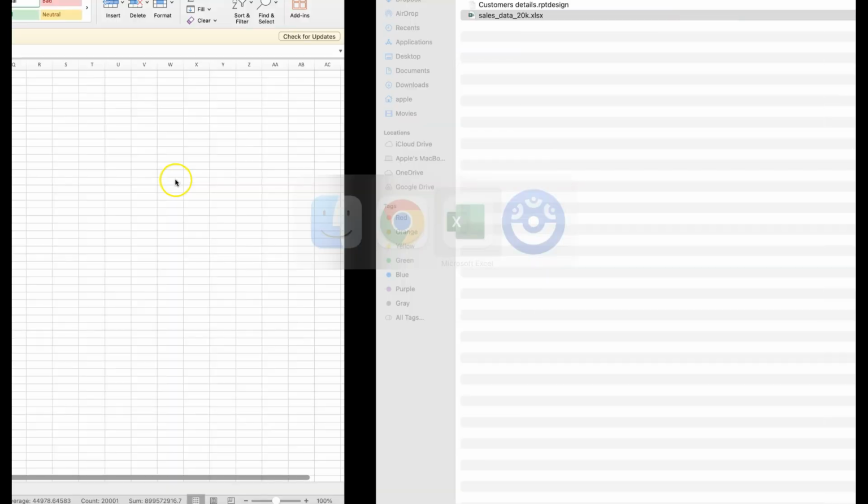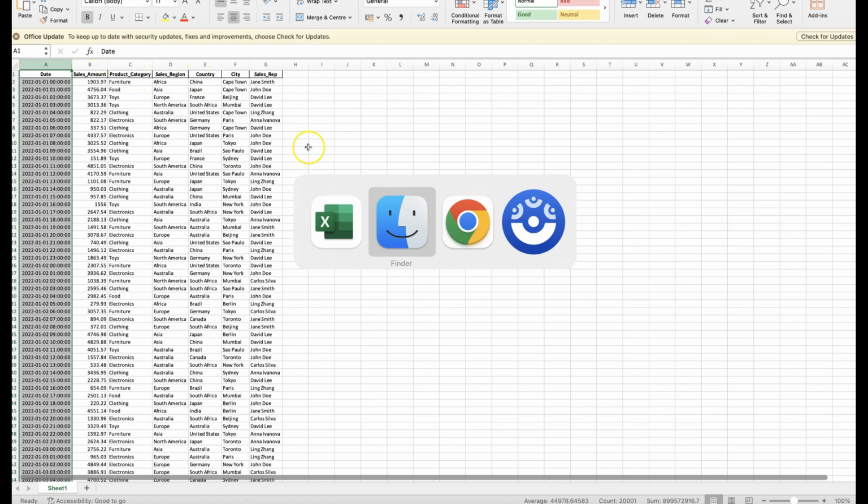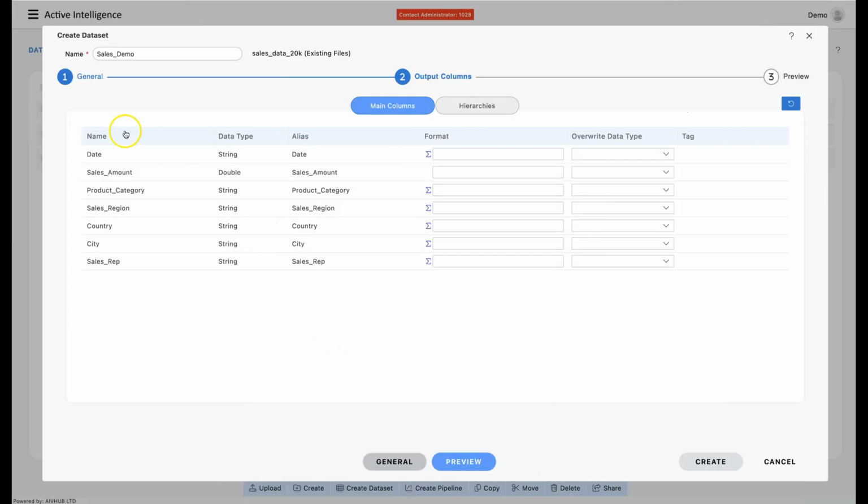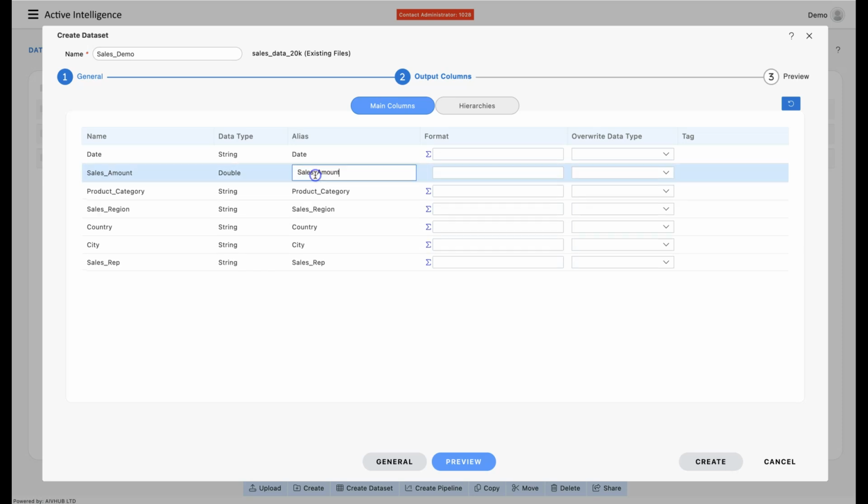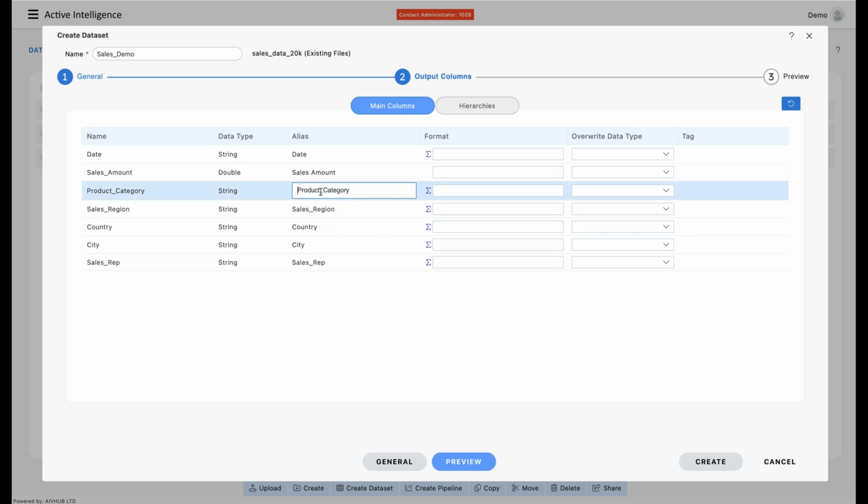So if I go in here, these are all the fields available. I can see the list and the data types, which I think is okay. Alias is how you would like it to be presented in your actual visualization. So I want to call this sales amount, remove the underscore, and do the same with this,